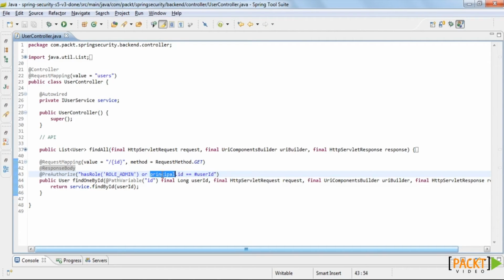First, notice how we are accessing the role principal and we are looking at its ID. Notice how the expression refers to a user ID. Also notice how the parameter of the method is user ID. So what's happening here is that the expression actually refers to the parameter of the method and uses it when